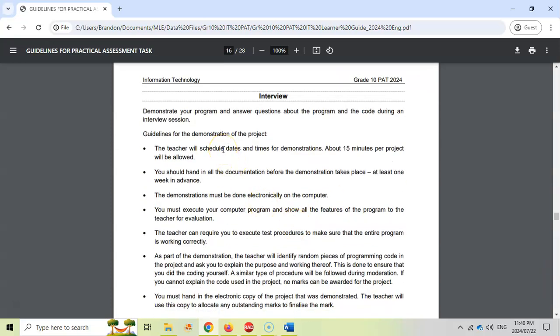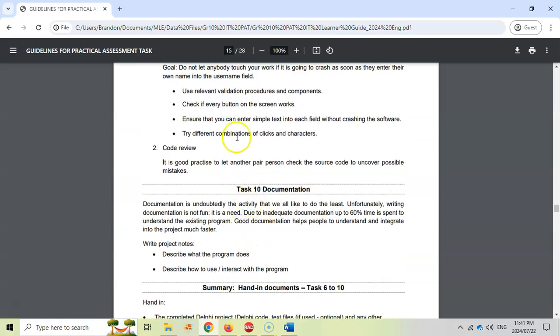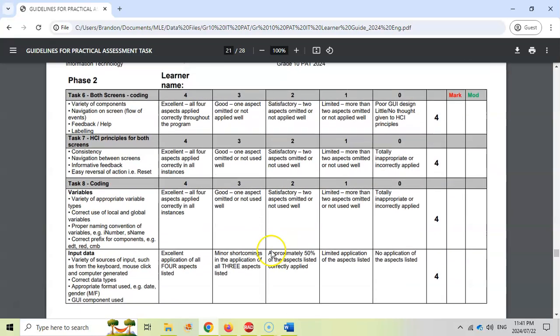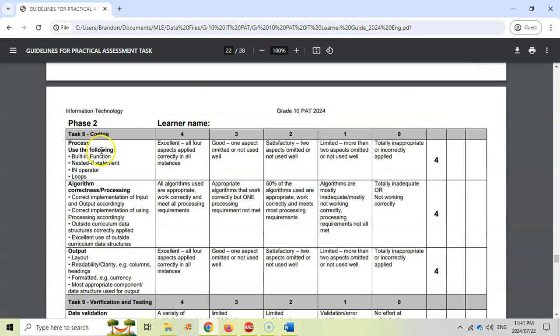And the key thing here is that they're going to ask you questions about your code. Guess what? Those notes that you wrote in your code are going to help you there. So let's look at the rubric. They're giving you marks for a variety of components: that everything's consistent, that the variables have different types and good names and component names, that you got different types of input, that you use built-in functions, nested ifs, in operator, loops. Make sure that you're using as much of that as possible, that you're using all the things you learned in school,